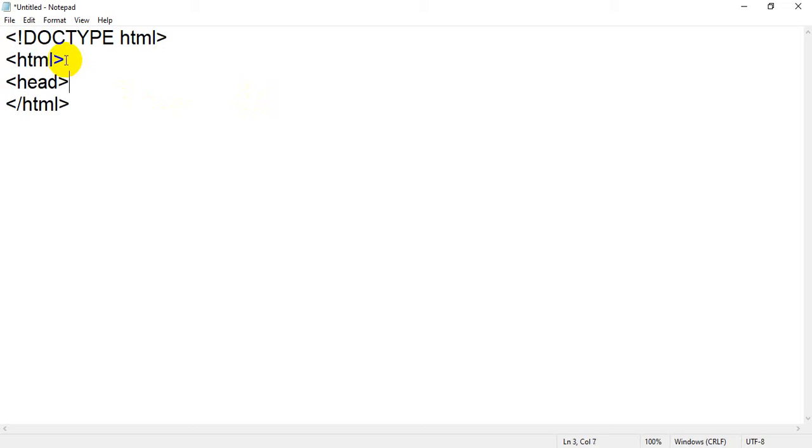The first thing I will write is head, and again closing head. I am writing the opening and closing tags simultaneously because it is a coding standard to write them at the same time. If you don't, there is a high chance of missing a closing tag or any other tag. The main tag of your HTML is the body tag, and I will take the body tag and close it.